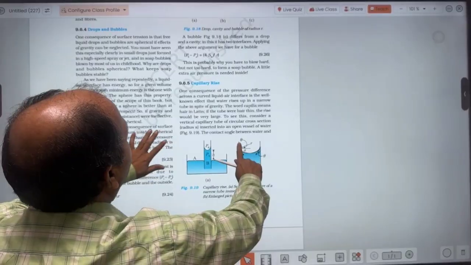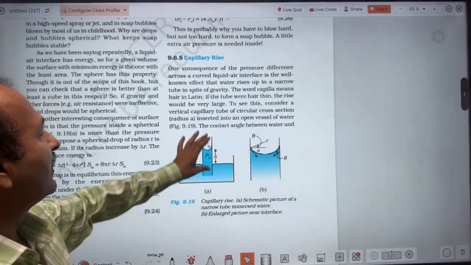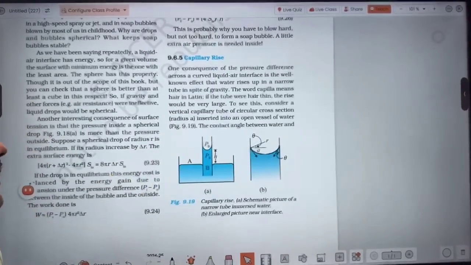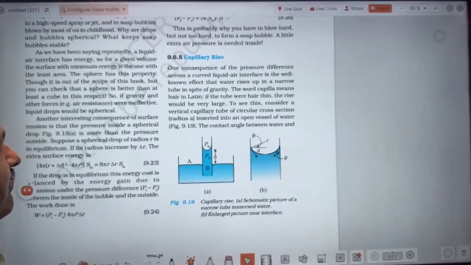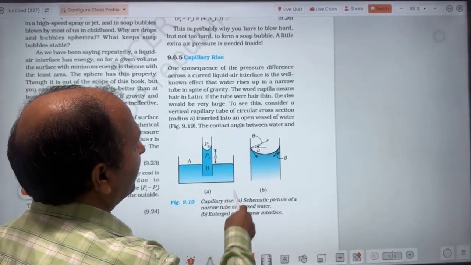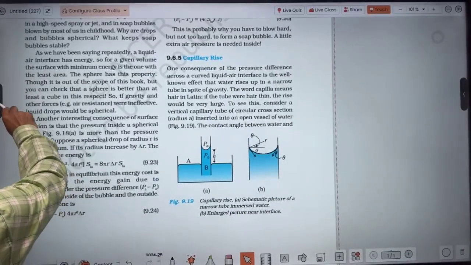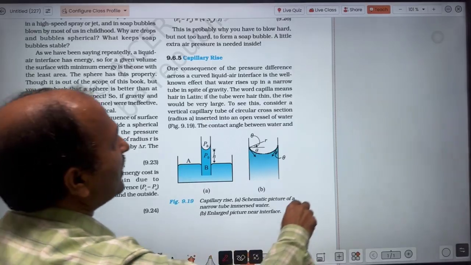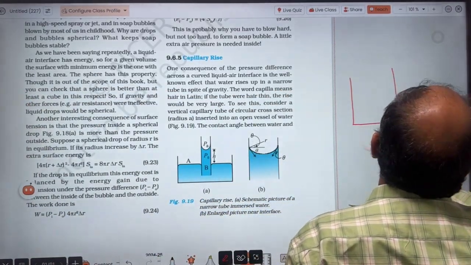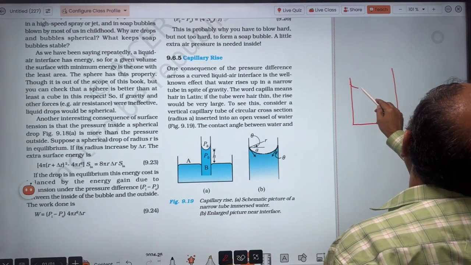Then comes capillary rise. Capillary rise means if liquid is filled in a fine tube, a fine bore, then the liquid will rise. And for this, we can derive the relation. We consider this meniscus. You understand meniscus? Meniscus means the shape of the free surface. Suppose here, if you fill a liquid, so if you fill water,